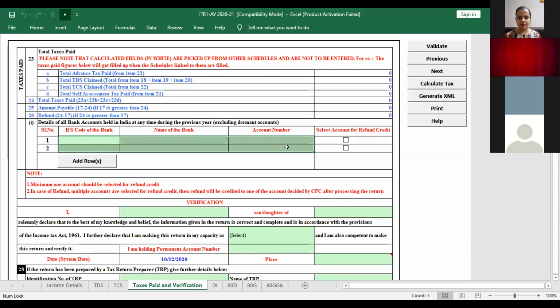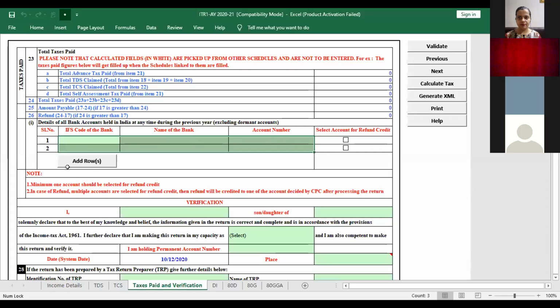Now over here, in earlier years, even if you gave one bank account where you wanted your tax to be credited, it was okay. But now you have to mention as many bank accounts as you have. So whether you have an account in your personal name, or in your joint name with your spouse, or an account with your child, a minor. If there is any bank account in which your name is there, that account's details, IFSC code, name of the branch, account number, everything has to be mentioned over here.